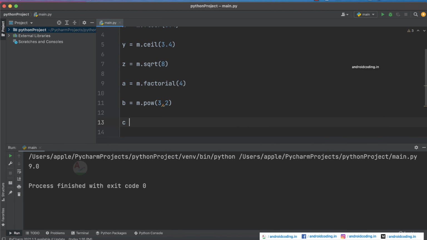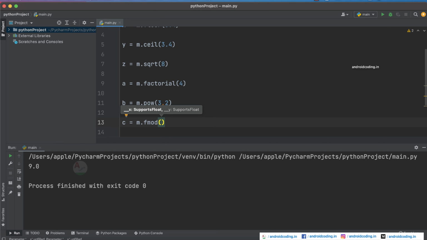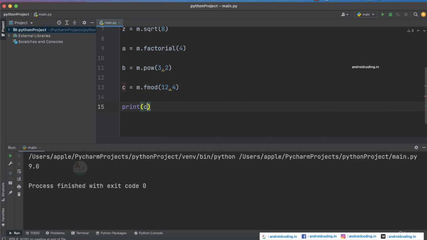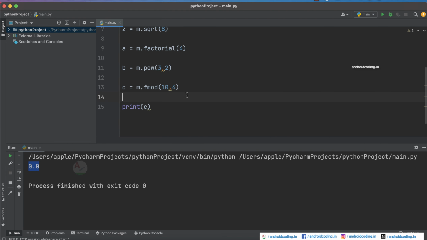And now we will see one more example. Here let's provide 12 comma 4, and I will explain why I am providing 12 comma 4. Here you can see when you divide 12 by 4 we get remainder 0. 4 multiplied by 3 equal to 12, so the remainder is 0. And when you provide 10 here, you will get the value 2. Why? Because 4 2s are 8 and the remainder 10 minus 8 is 2, so we have got 2 here.